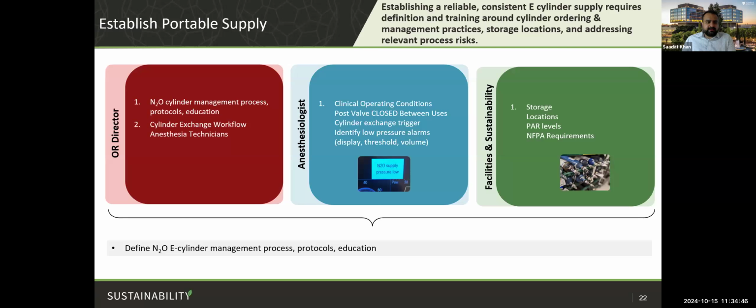The next step then is establishing portable supply, and this transcends across all the three main groups leading this process as well. The first one is nitrous oxide cylinder management process, protocols, education. So in our case, in the ORs, after we've let the team know that there's an X amount of nitrous oxide e-cylinders closely available to the clinical end use location, as backup for if you need nitrous oxide,